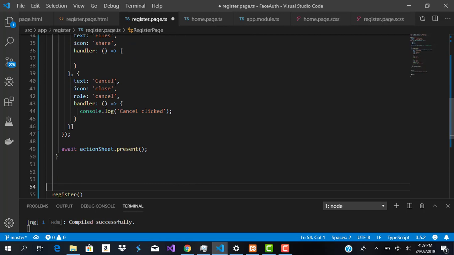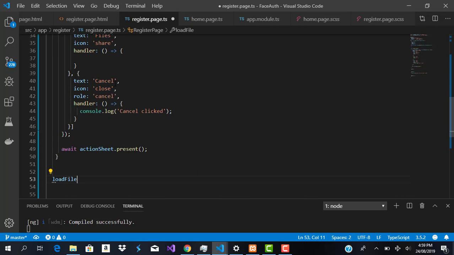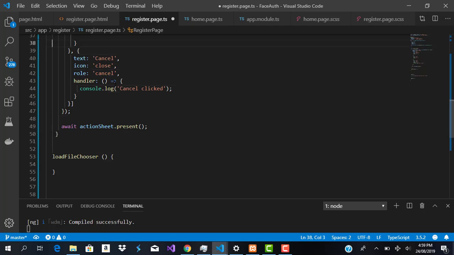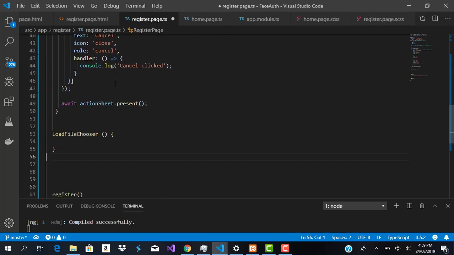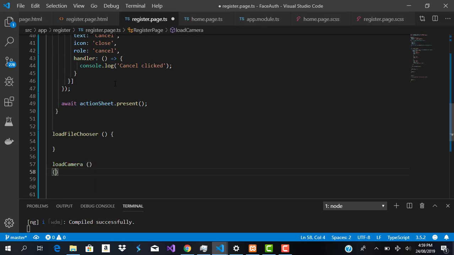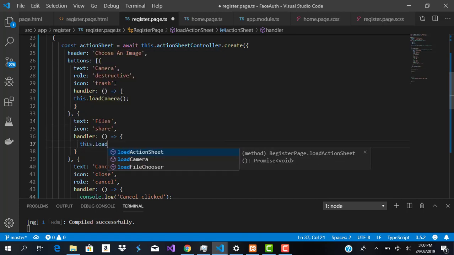And we are going to create two functions here. The first to be loadFileChooser. And okay, no, sorry, this is TypeScript. And then next would be loadCamera. And let's just write that function next to it. So loadCamera, and we can just come here and say this.loadCamera, and this.loadFileChooser,